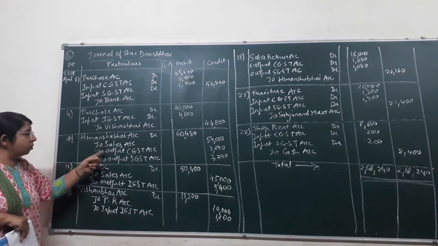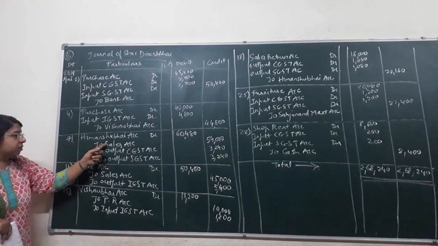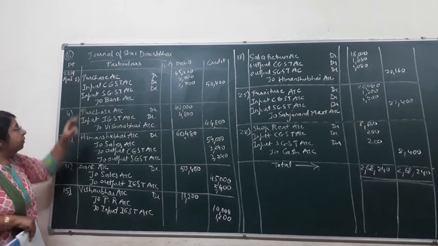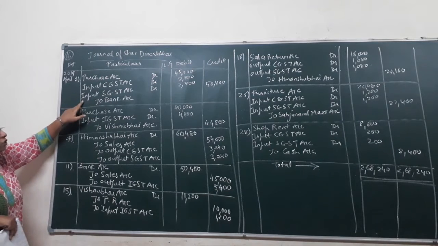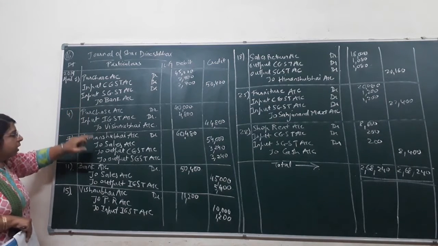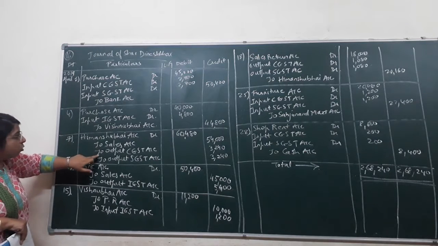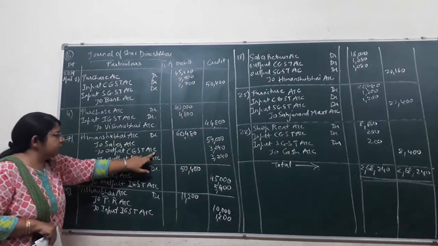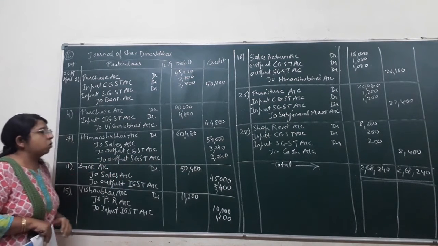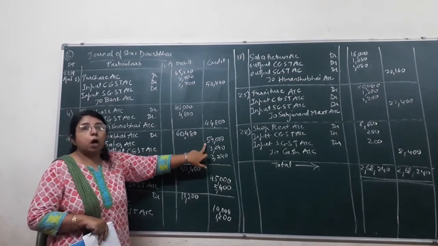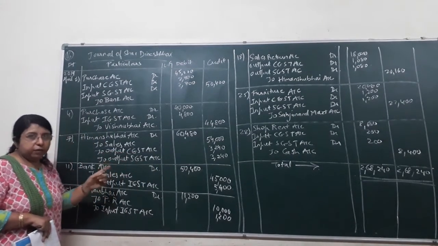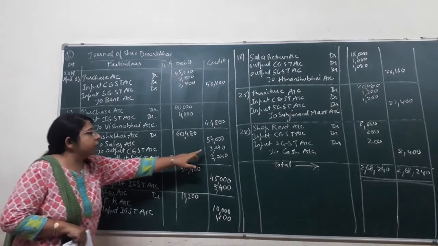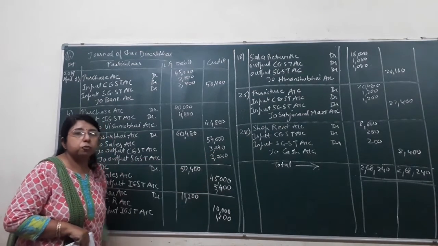Now, with sales, the word output will be applied. As the sales account will be credited, in the same way output SGST and CGST will also be credited. As purchase will be debited, input SGST and input CGST will be debited. In the same way, SGST account credited. Now on 54,000 you have to count 6% rate of tax, that is GST, that is CGST and SGST. Both amounts will come the same, that is 3,240 and 3,240.